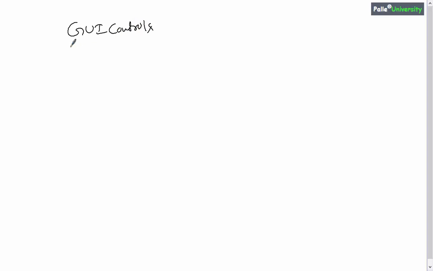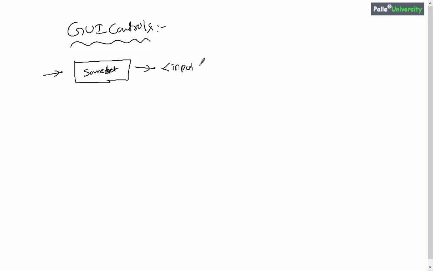Frequently used GUI controls in HTML. In many websites we observe something called text boxes. A text box is something into which the user can enter some data. The user can type some data over here, right? Now let us try to understand how to create a text box by using HTML. It is simple. You should write input type equals text, and